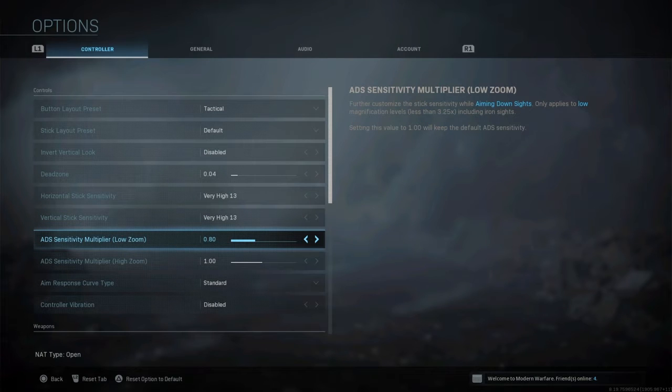So I got the ADS sensitivity multiplier low zoom and ADS sensitivity multiplier high zoom. The reason why you see low zoom and high zoom as two different settings is because it further customizes the stick sensitivity while aiming down sights. It only applies to low magnification levels less than 3.25x, including iron sights. So setting this value to 1.00 will keep the default ADS sensitivity. Now I use